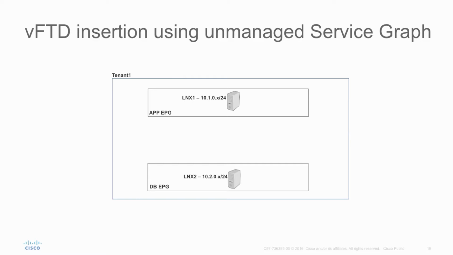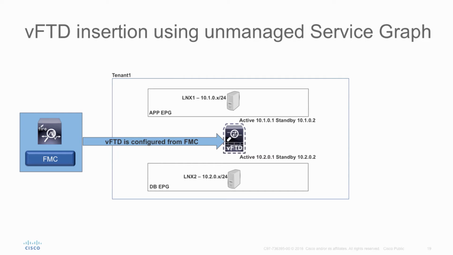Under app EPG, I have 10.1.0.0/24 network, and DB EPG has 10.2.0.0/24 network. I will install FMC. Once FMC is installed, I will install two virtual FTDs, and then using FMC I will configure HA for these